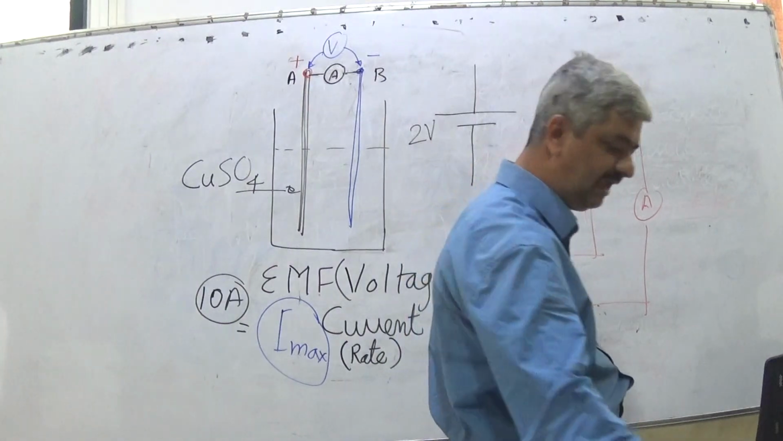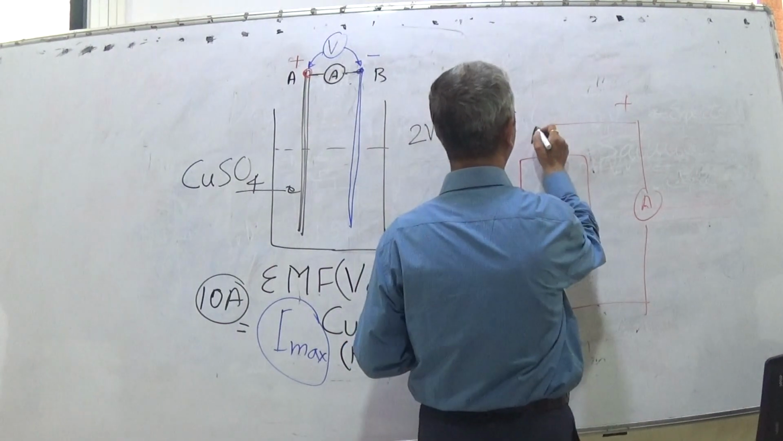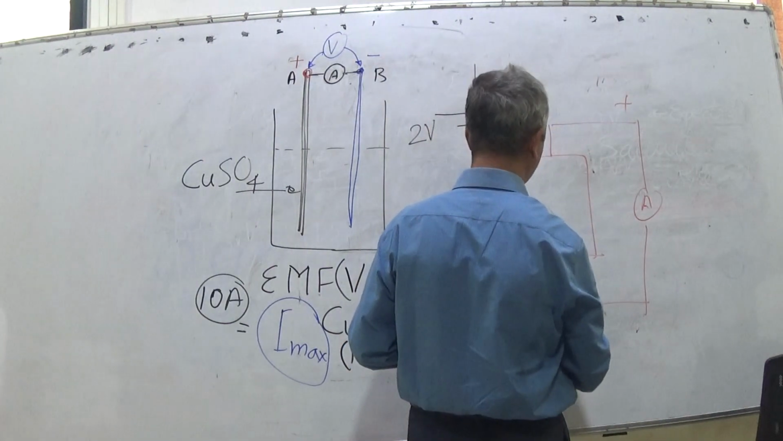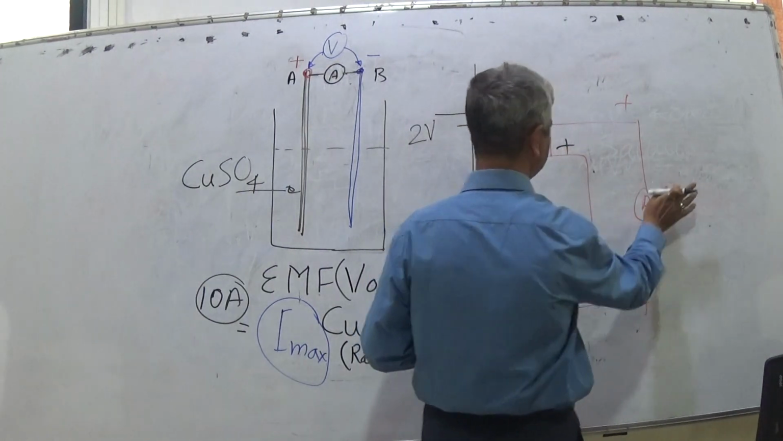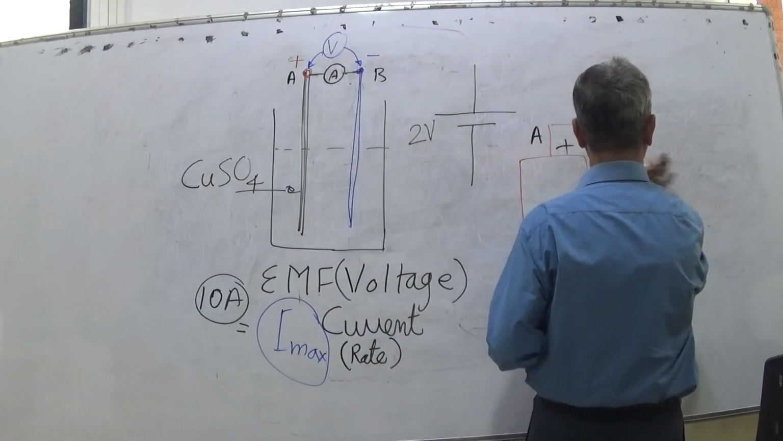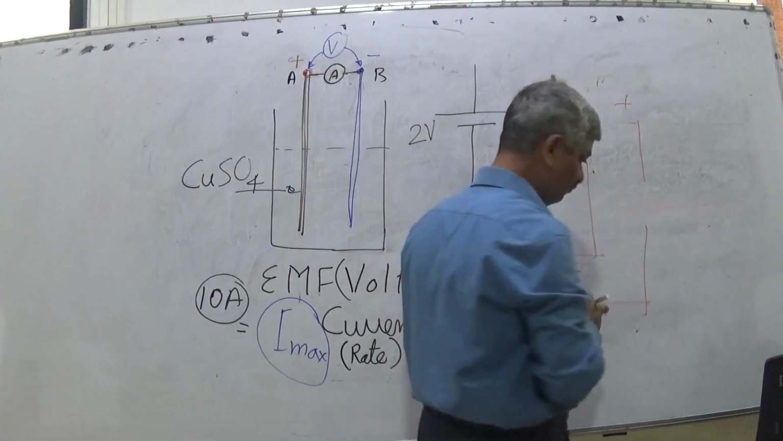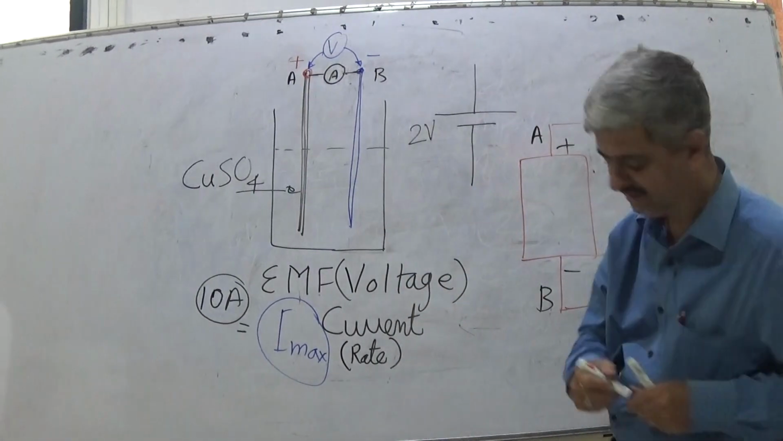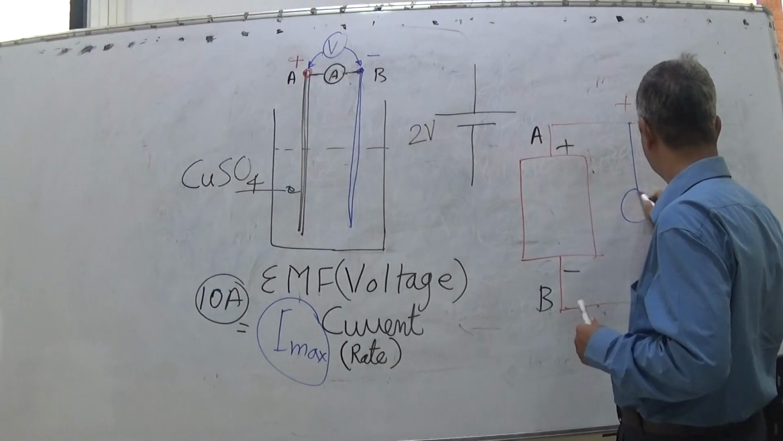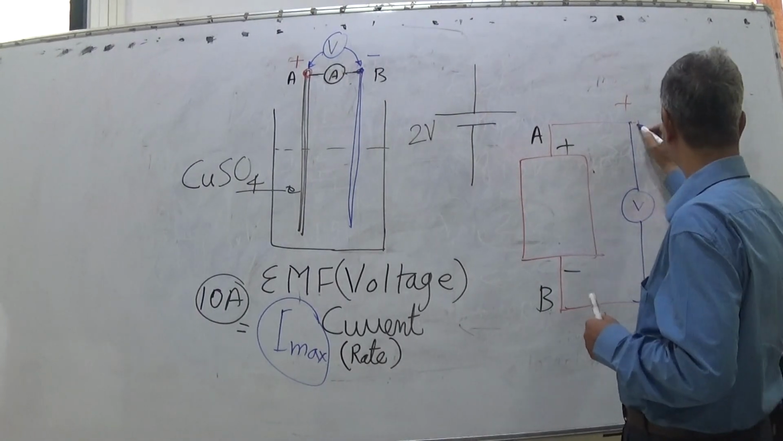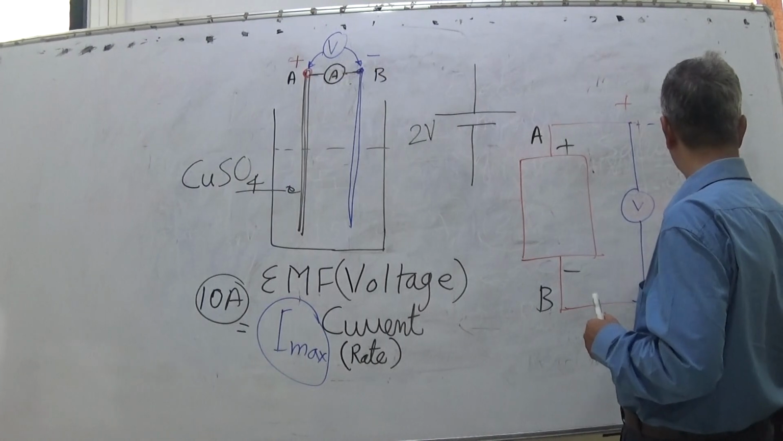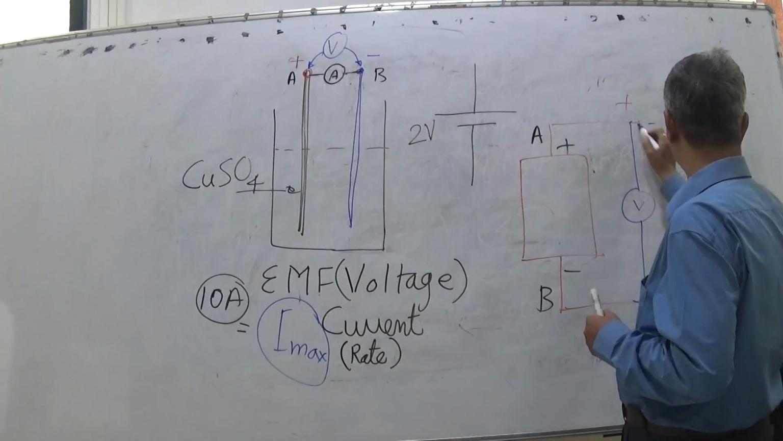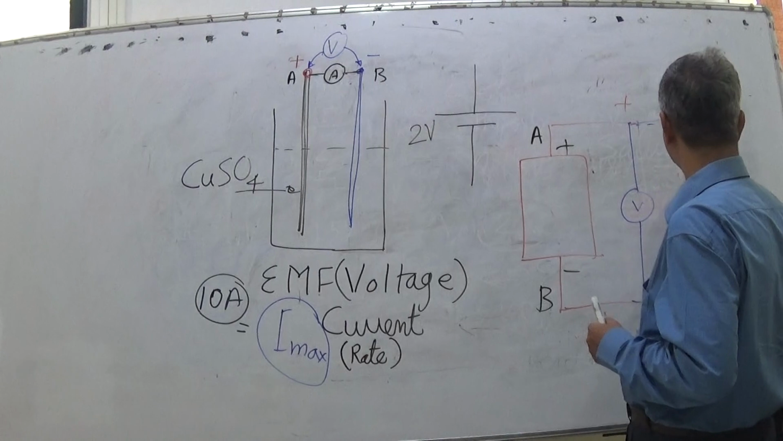So between A and B, what do I see? Point A and point B, plus and minus. What do we have? If I connect a voltmeter, and then I can connect an ammeter. Obviously, before connecting the ammeter, I must have a switch because